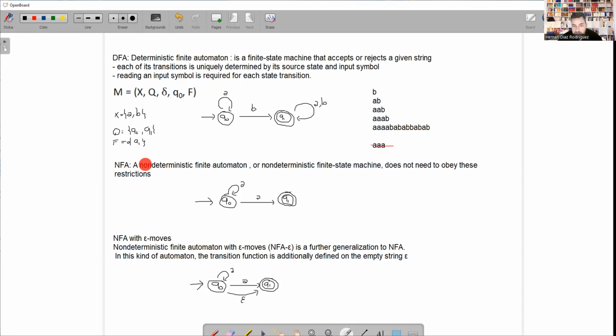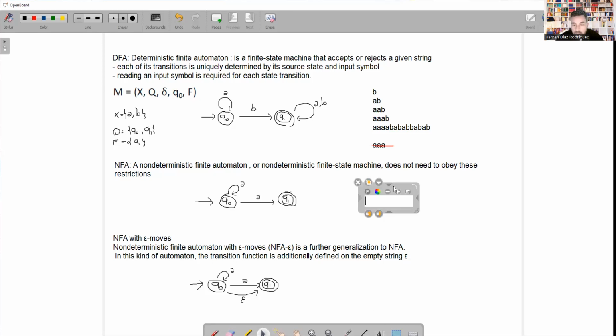So that means that this automaton is non-deterministic, right? Because it's not determined to where we go from Q sub 0 when we read an A, right? We could go to Q sub 0 or to Q sub 1, right? There is some kind of ambiguity there. And additionally, in Q sub 1, we don't have any transition defined for this state. And that's fine, right? So you can see the difference between these two types of